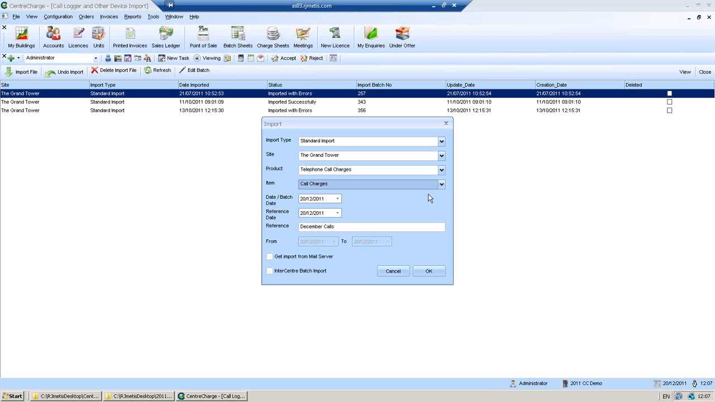So this will have a batch date on it. You can select this date as to what you want the batch date to be, whether it's November, December, whatever date you want. And then you can also select a separate date for the reference. So the reference date could be for December, but the batch date is for January. So you can have two separate dates in there,